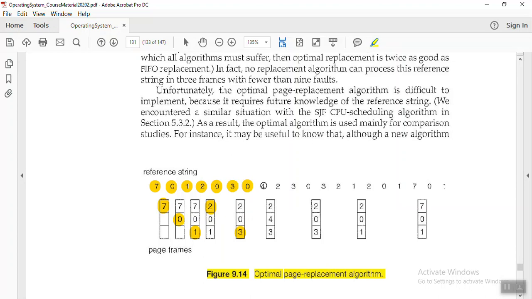Now next request for page 4. Page 4 is not available here. Now again we have to check this 2, 0, 3 in this list. Which is available first? 2 is available first, then 3 is available first, and then 0 is available. Okay, so 0 needs to be